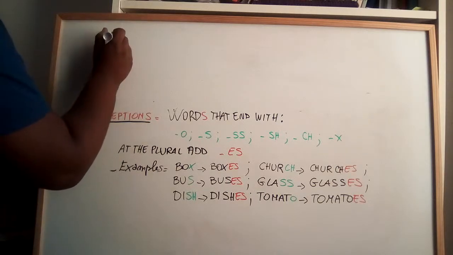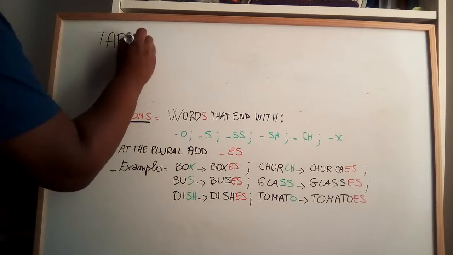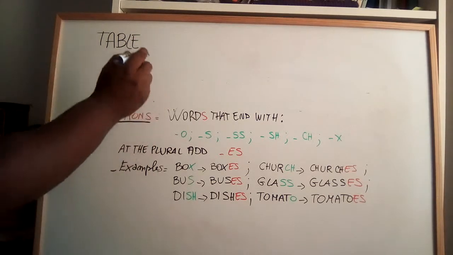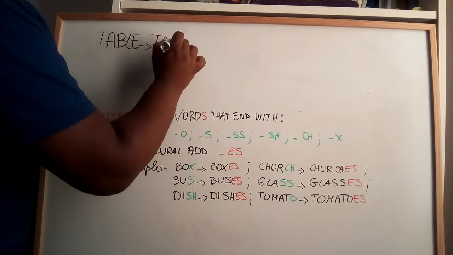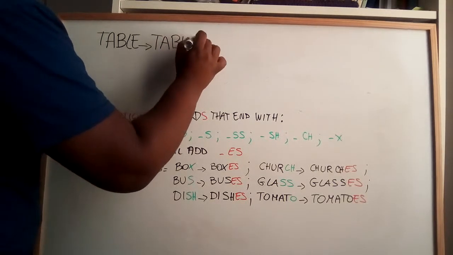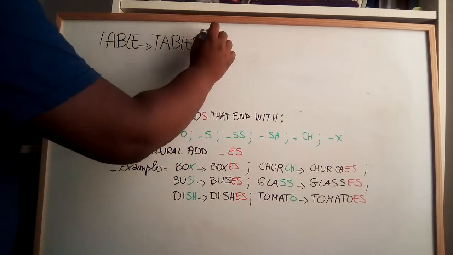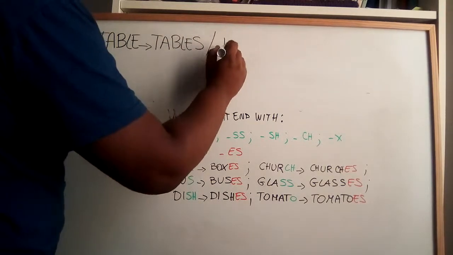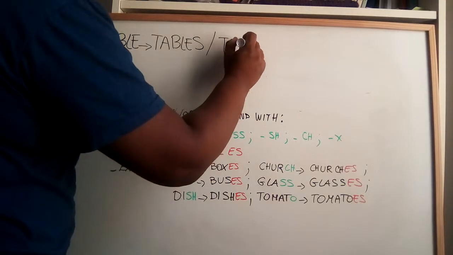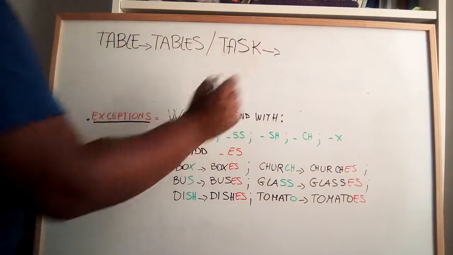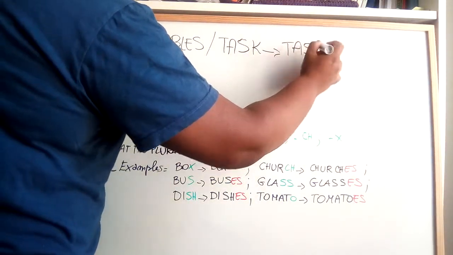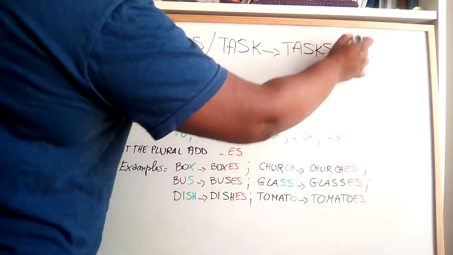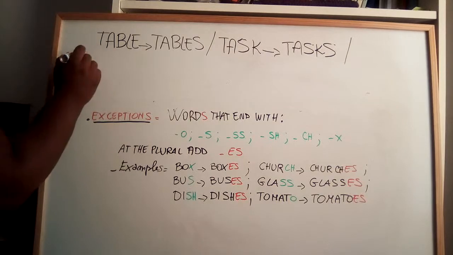some words like this one, table. And the plural, it becomes simple. We have only the s. Tables, right? Another one, task. The plural is just tasks. Okay? Here we have